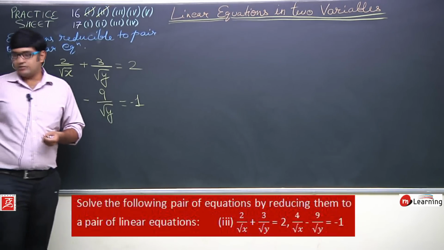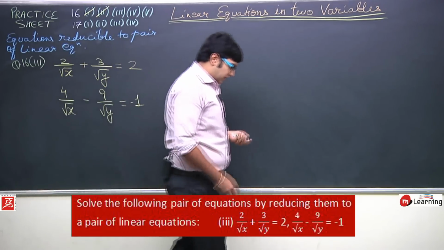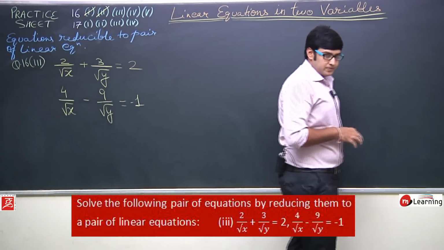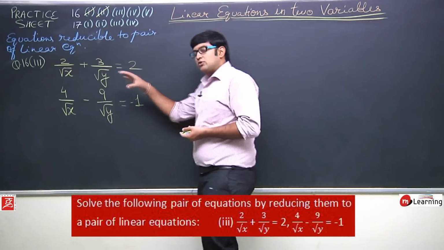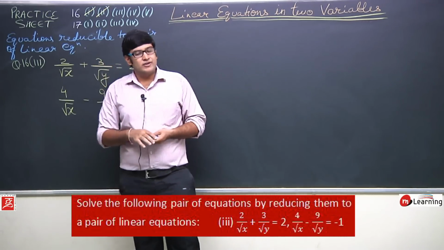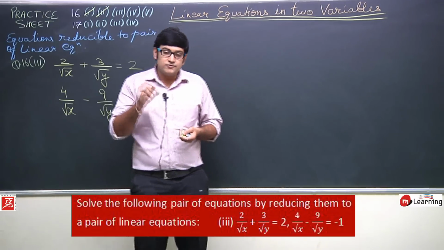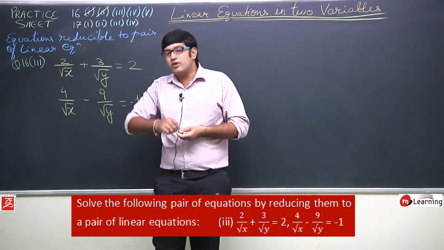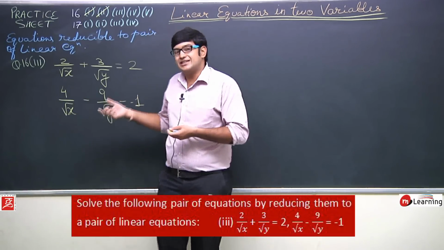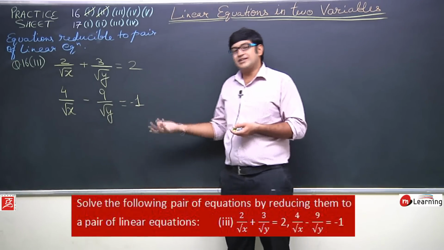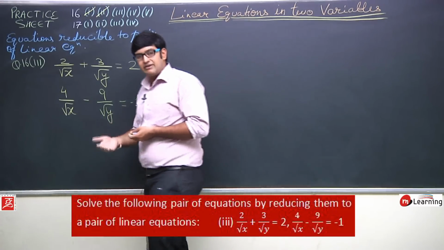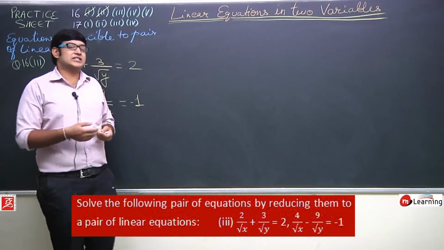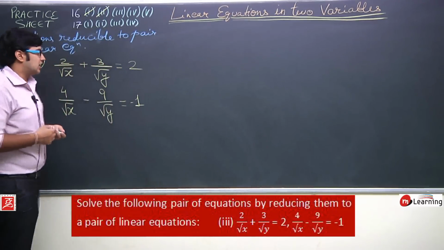So this is a pair of equation in two variable. This is not a linear pair. ये linear pair equation नहीं है. Now we need to solve, we need to determine the value of x and y. So first try to determine how can we convert this pair of equation into a pair of linear equations. इसको linear equations में कैसे convert किया जा सकता है इस बारे में हमें सोचना है.